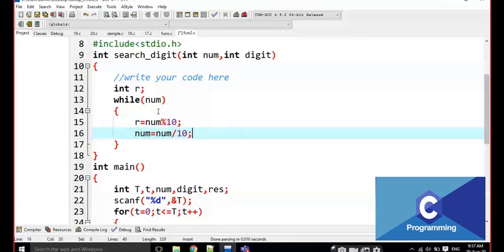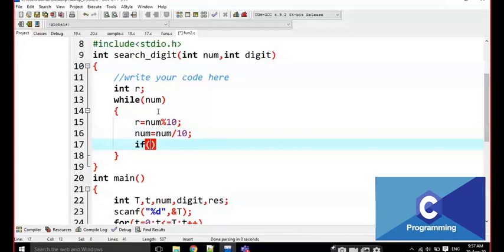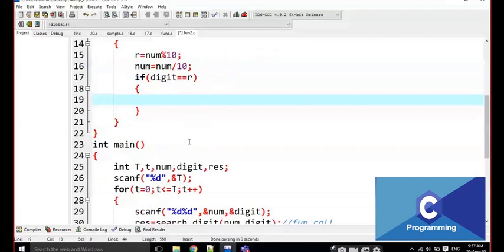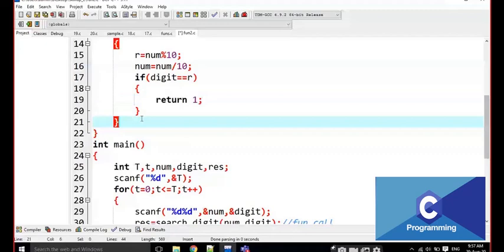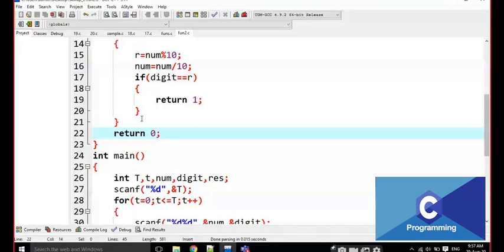We are going to check if digit is equal to r here. If digit is equal to r, I am going to return 1 here. Here I am going to return 0. How simple I am writing here.